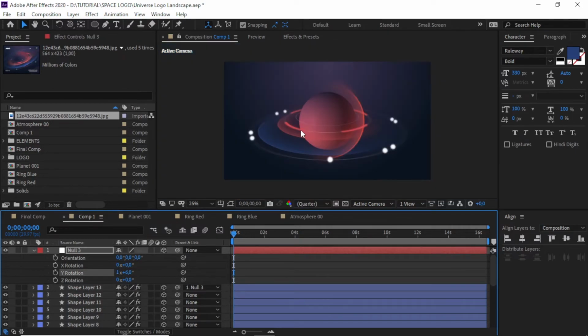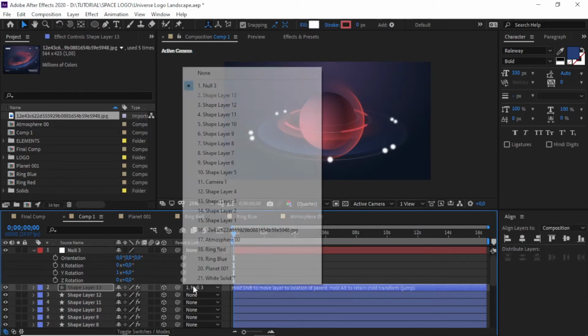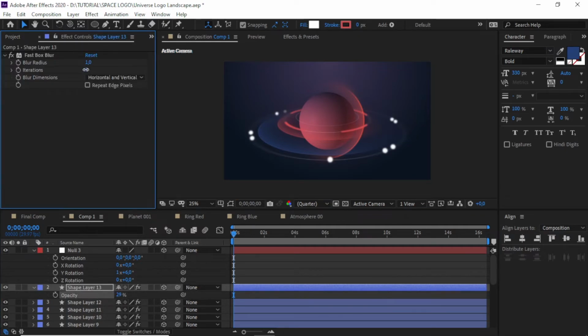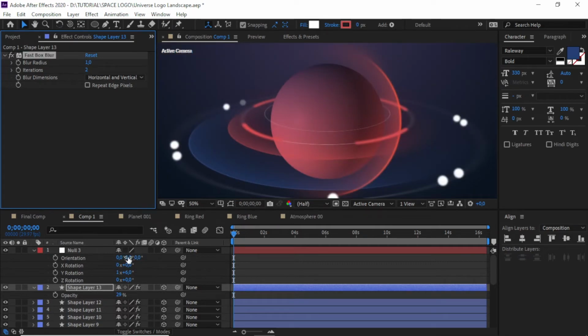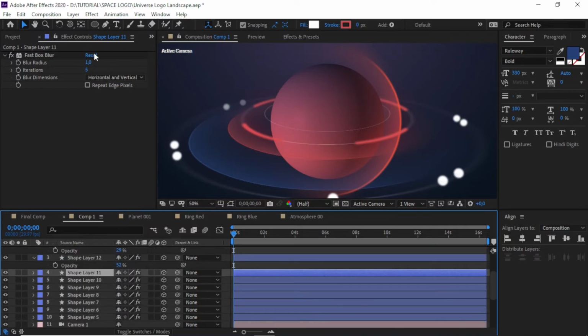If you feel it's enough, now we can create different opacity, different size, different blur, and make it more varied. Like this one, I want it to have small opacity, but it has small blur like this. And this one too, the opacity is about like this. It depends on you. You can create what you want.